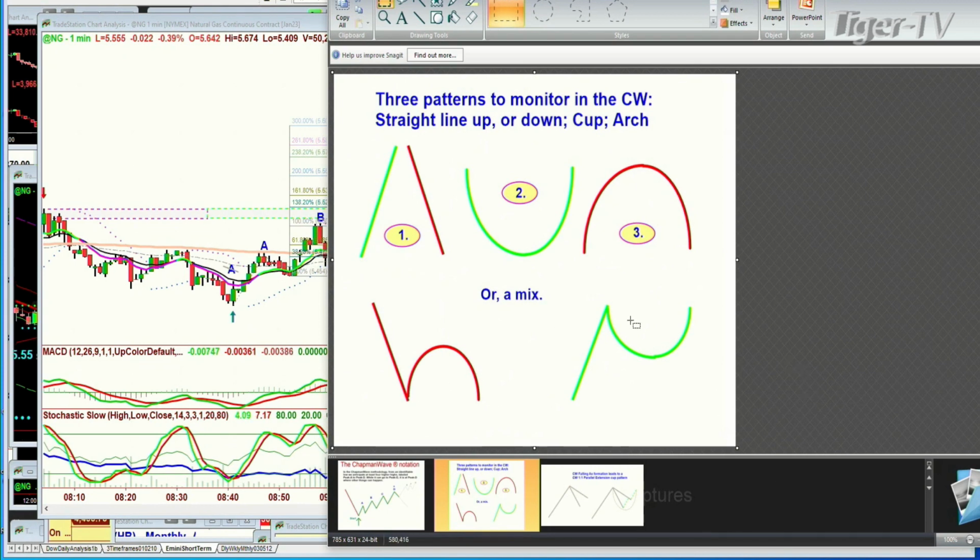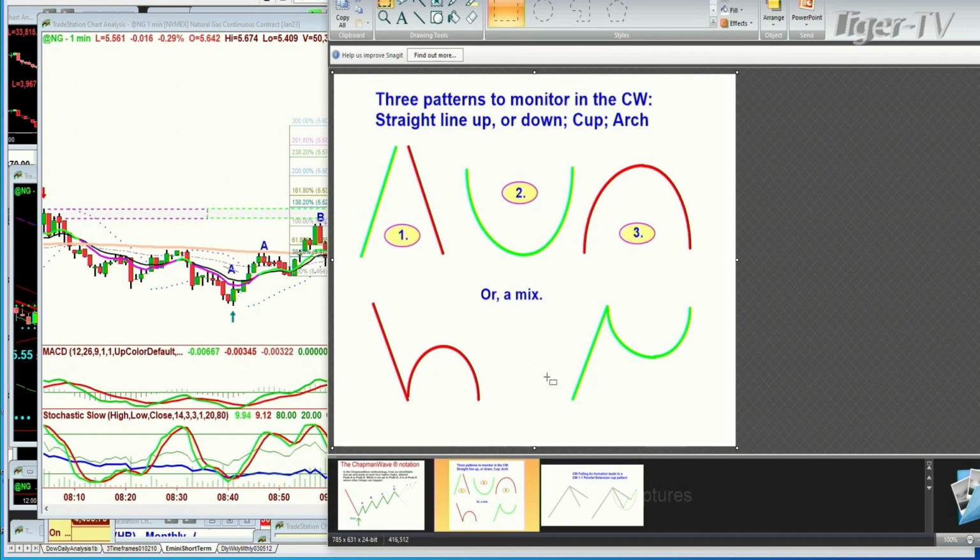And on the right side here is where it goes 1 and 2, where it goes up, stops at a certain point, makes a cup or a V-shaped formation, and then takes out the left side high, and that's very positive. But the lowercase h, we call the dreaded h, because if it takes out the left side low, it can go a lot lower. Look what happens. Sometimes it holds steady. It doesn't even take it out, and it forms another little arch, and it goes around and makes a lowercase h that goes to a second arch, which I call the lowercase m.